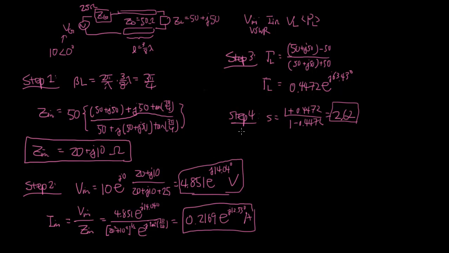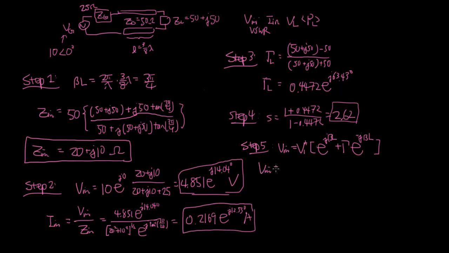Next up, we want to march our way towards finding the voltage at the load and the current, so that we can use that to find the power at the load. Remember, to find the voltage at the load, we first need to find V1 plus, and we do that by coming up with an expression for the voltage everywhere. So we start with Vn is going to be V1 plus e to the j beta L plus the reflected version of that. Plugging those quantities in